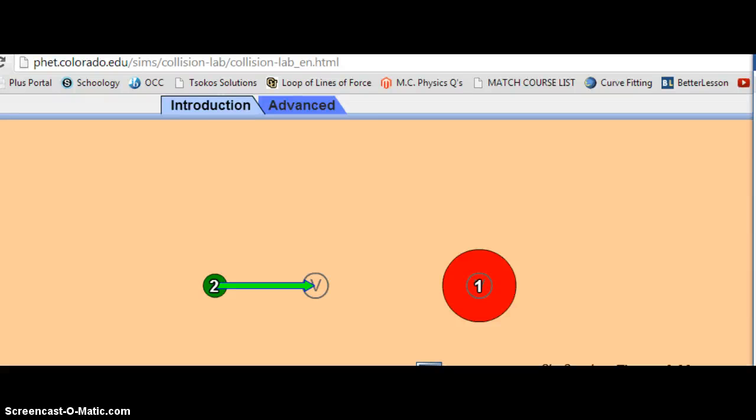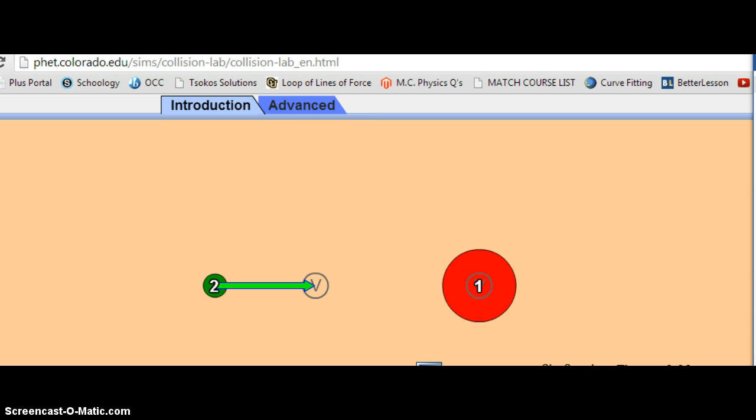In this video, I'm going to show how objects with different masses react differently to the same impulse. So I have here two marbles, marble 1 and marble 2. Marble 1 has a huge mass, and marble 2 has a tiny mass. Here's our experiment. I'm going to make marble 1 stationary, and I'm going to hurl marble 2, the tiny one,